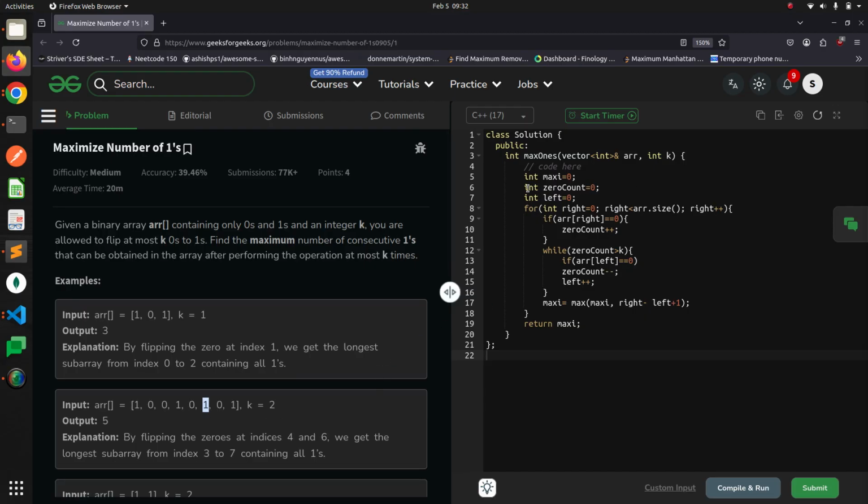Let's see the code here. The maximum will be the result variable, and the zero count will be the current 0 count. We will take the left pointer at 0 and iterate the right pointer over the array. If we encounter any 0, we will increment the zero count, zero count plus plus,